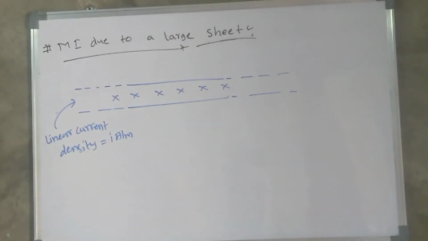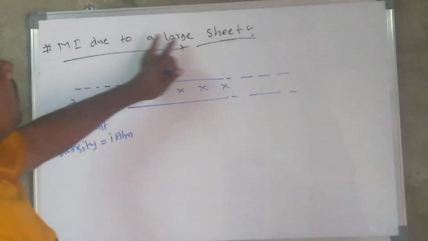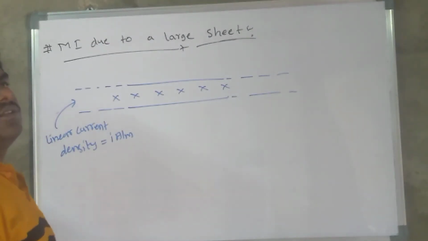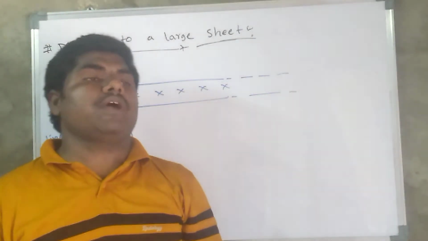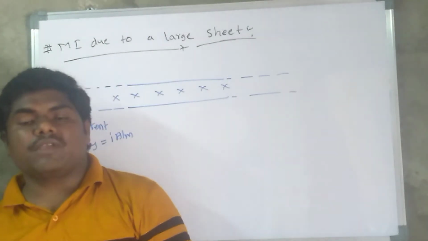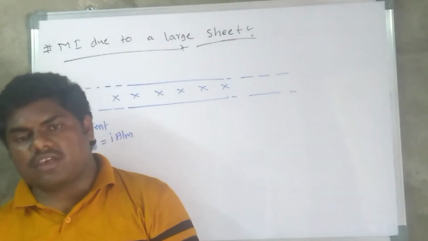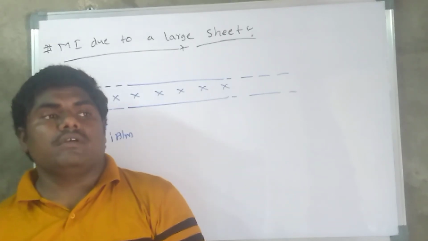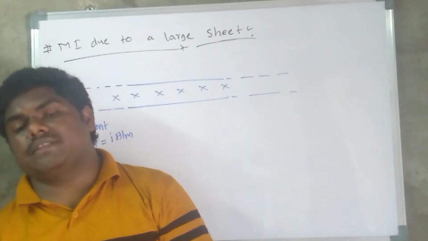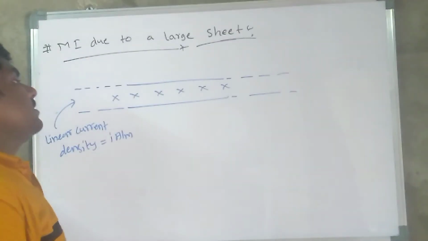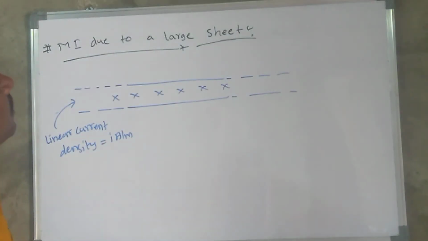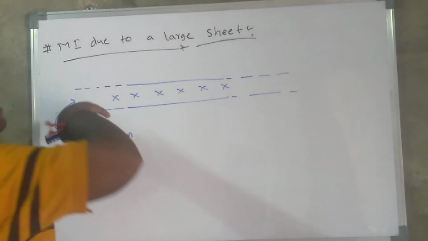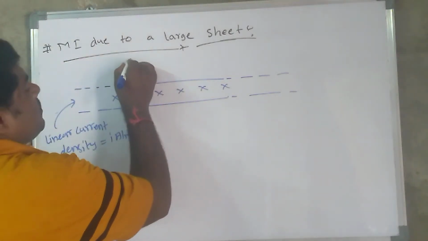One more application, magnetic induction due to a large sheet. This large sheet, we already know by using the Biot-Savart law, gives mu naught I divided by 2. Whether we get the same from Ampere's law also, we are going to check, and we are going to discuss an easier method. Let us consider the current inward direction into the board. So the magnetic field is in the rightward direction. Let us consider this as one loop.